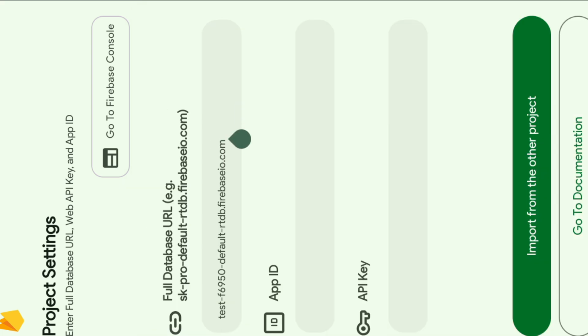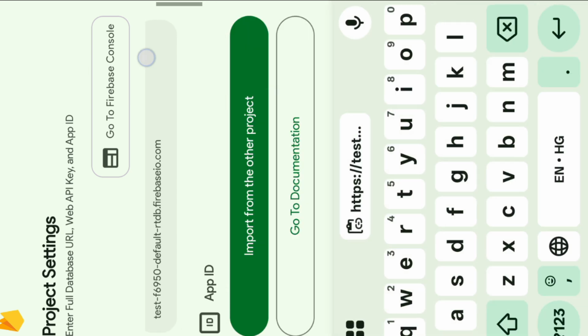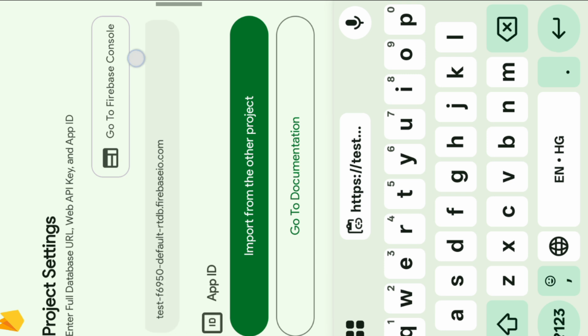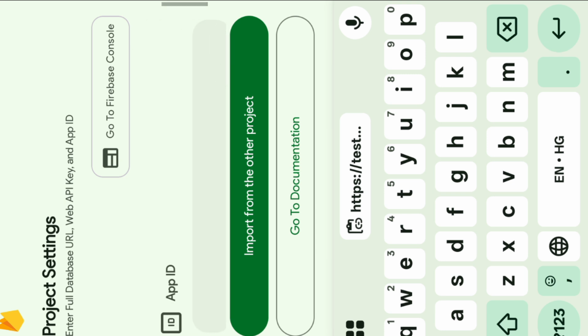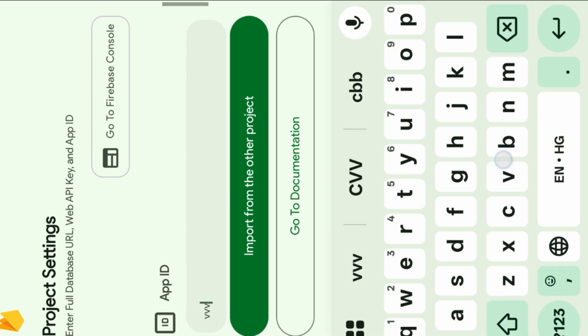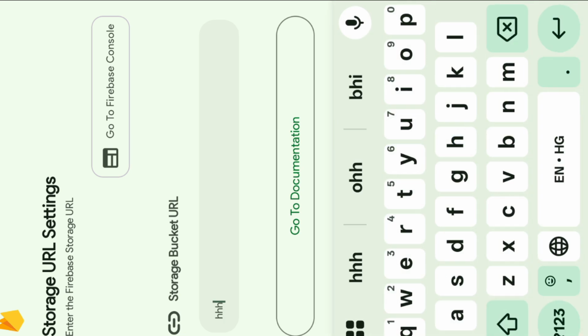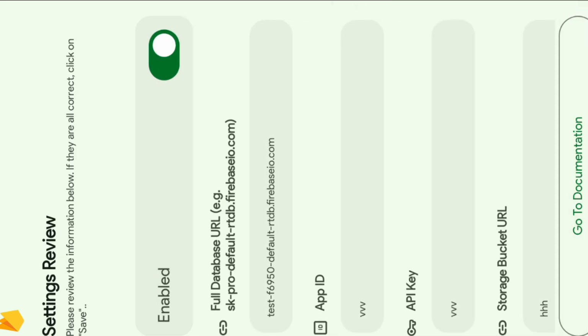The app ID and API key are also needed, but if you want only the Firebase database, you don't need the app ID and API key, so I fill in anything randomly. Click on next, next, and enable and save.